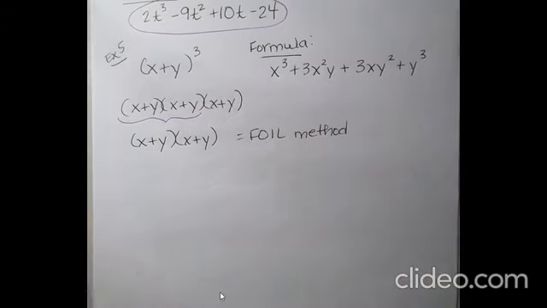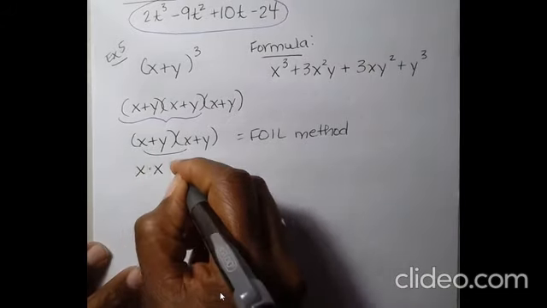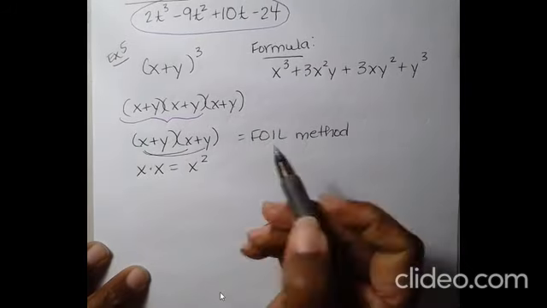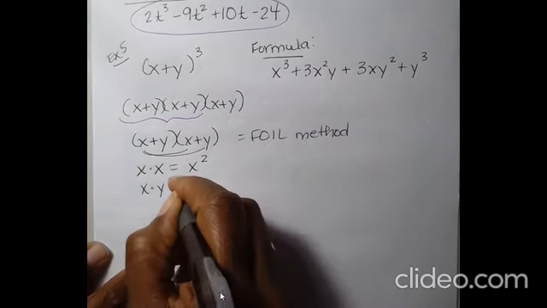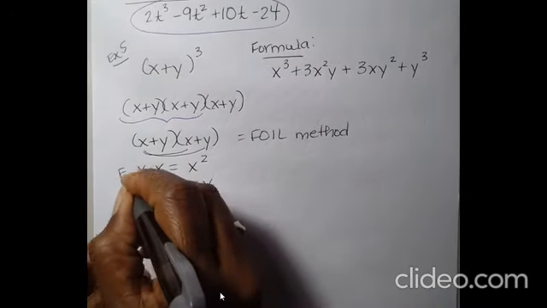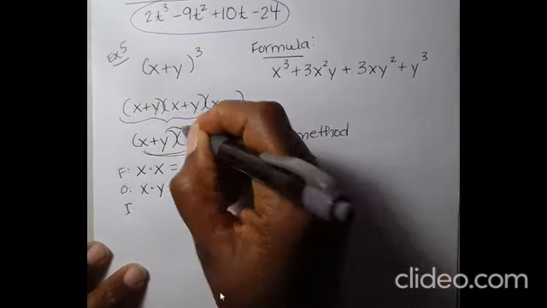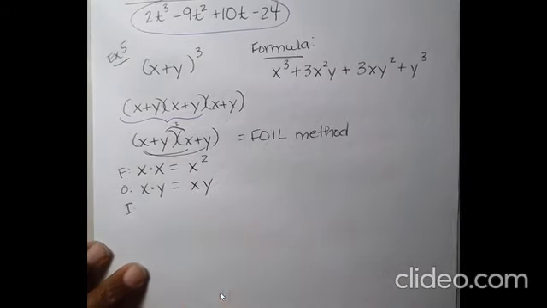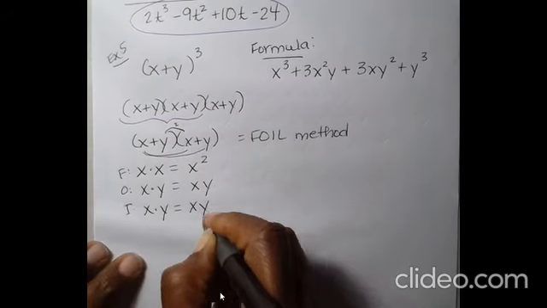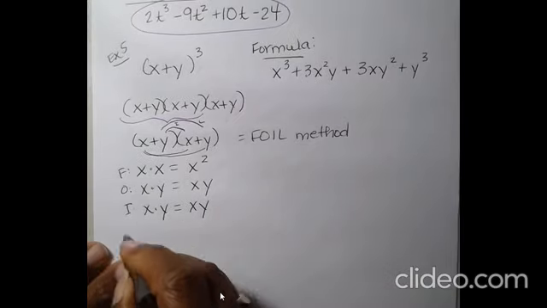We can use FOIL method, first, outer, inner, last. I'm all for that. So the first would be x times x is our first. This is x squared. Our outer is x times y. Okay, this is our F. This is our O. Just so you'll know where I'm going with this. The I is the inner. This is the I. This is y times x or x times y, which is also xy. And then you have the last, which is y times y